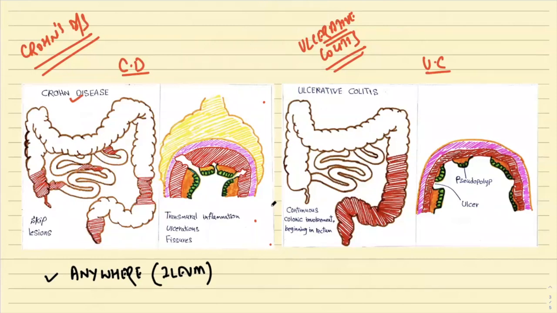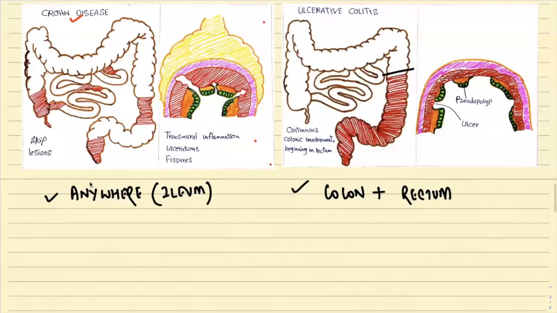Now, if you compare it with ulcerative colitis, what do we see? It is only the sigmoid colon and the rectum that is mainly involved. So over here, there's the involvement of the colon along with the rectum. Now, very importantly, as I told you, in between the lesions over here,